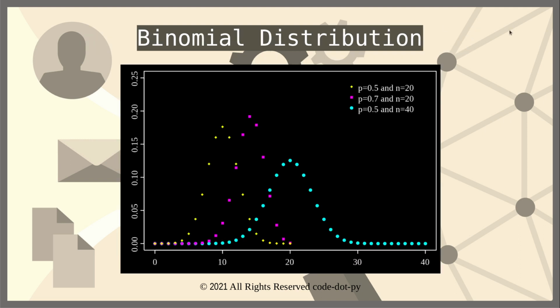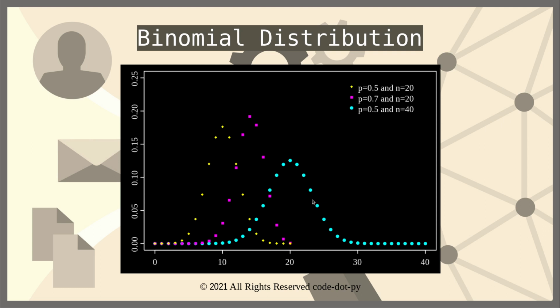And then there is something called binomial distribution. Again, the key difference here is that this works for discrete values or discrete data points, where we are given a probability of a particular event. The average probability of that event happening is 0.5, for example, in this case, and the total number of iterations performed is 20. Similarly, for the pink dot distribution, the average probability of the event occurring is 0.7, and the number of repetitions, or number of events recorded, is n equal to 20.